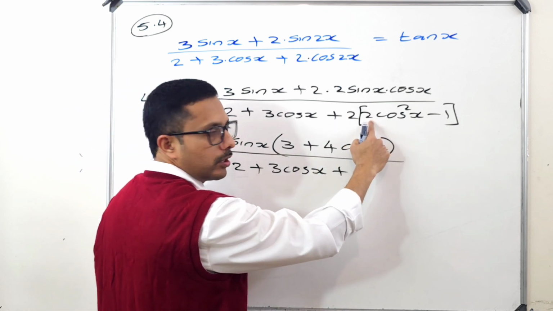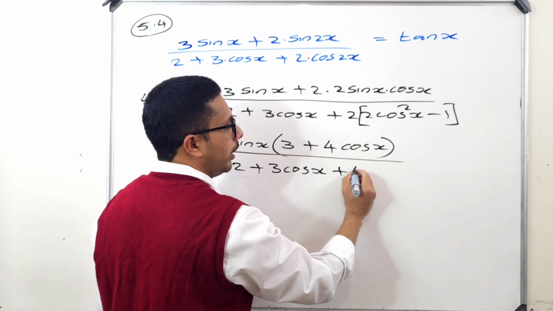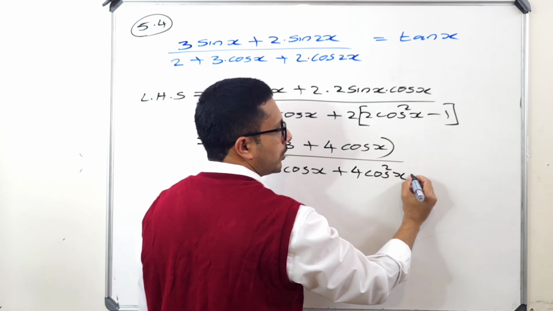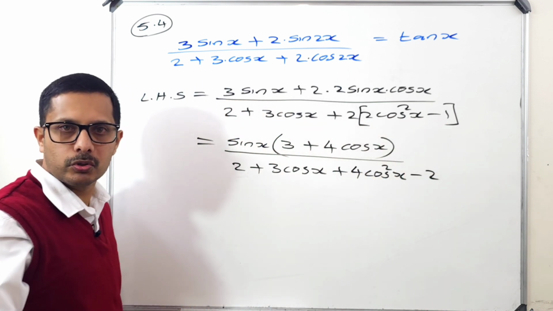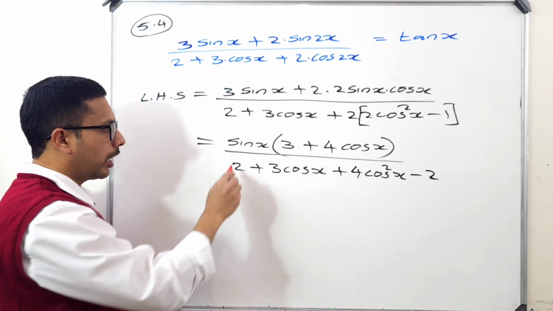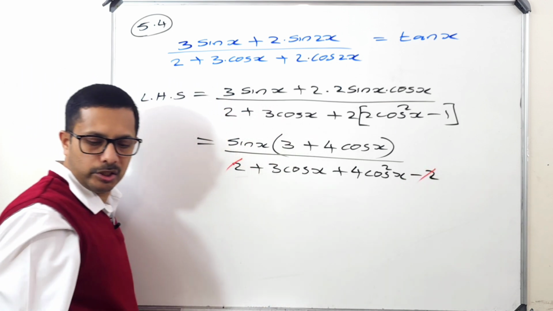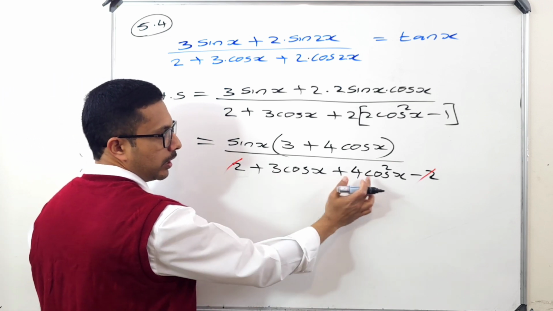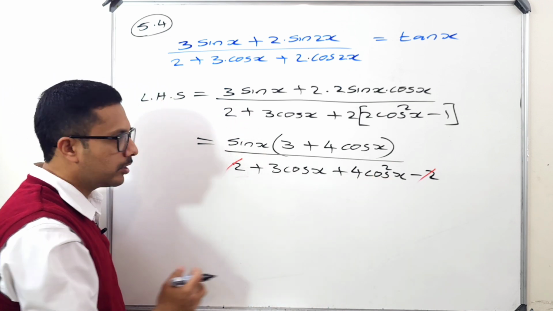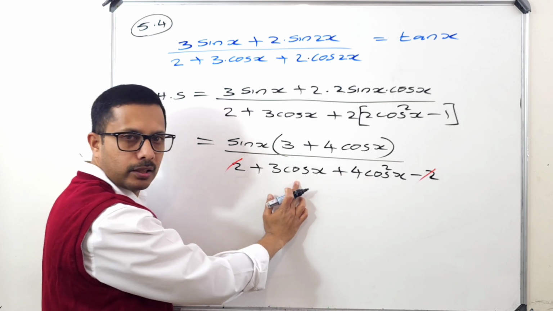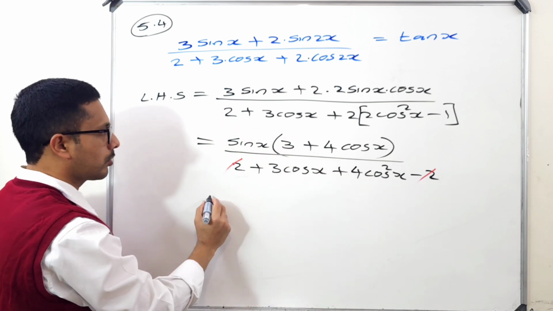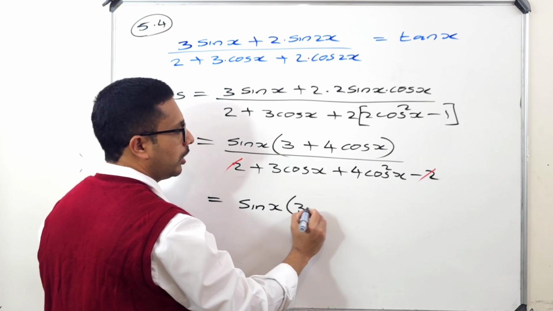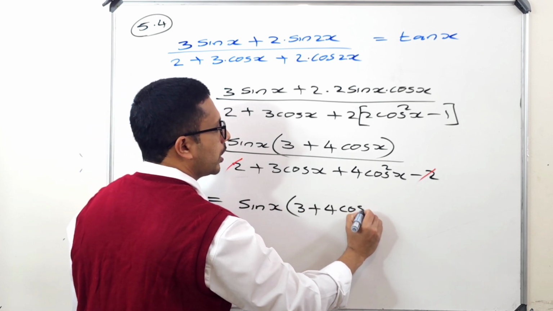2 times 2 is 4 cos squared x. 2 times minus 1, that is minus 2. So like what I said before, can't you cancel this positive 2 and negative 2? Am I right? Okay, so what is remaining? 3 cos x plus 4 cos squared x. Is it not that cos x is a common factor there? So we can take that cos x as a common factor. So slowly we are getting there. Sin x into 3 plus 4 cos x